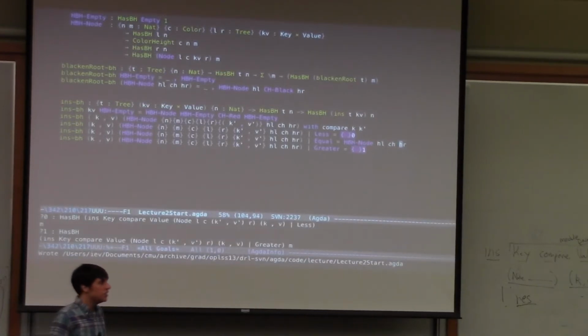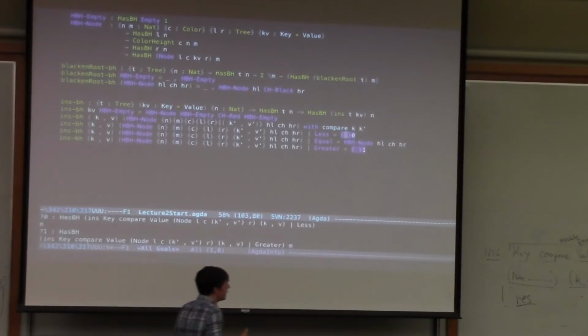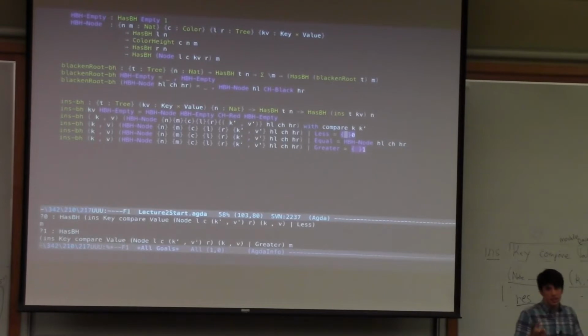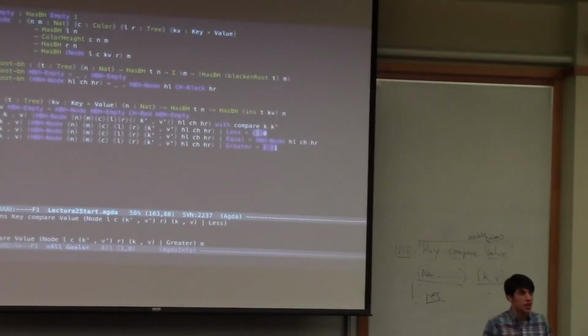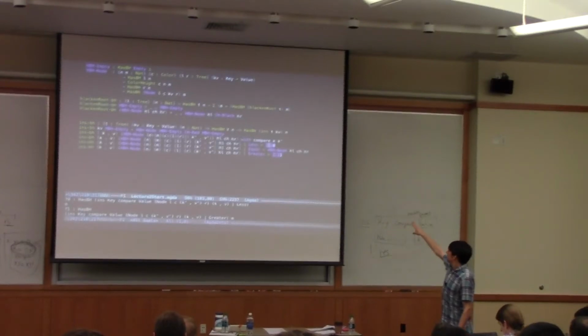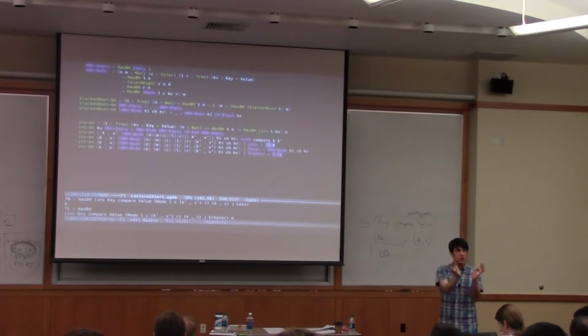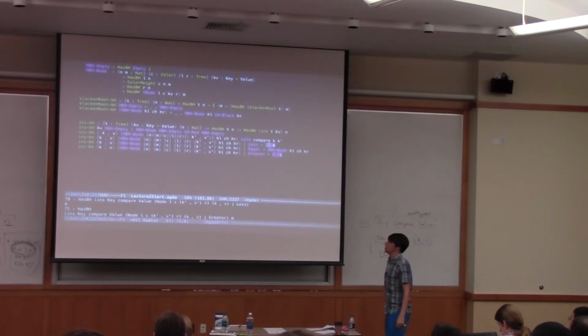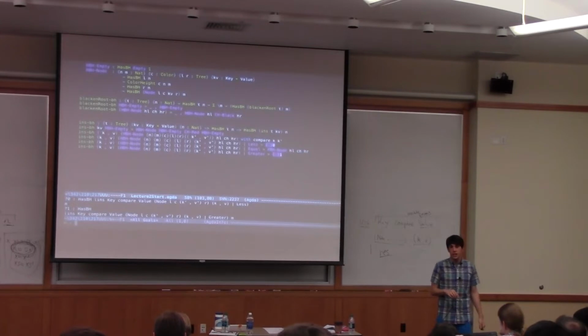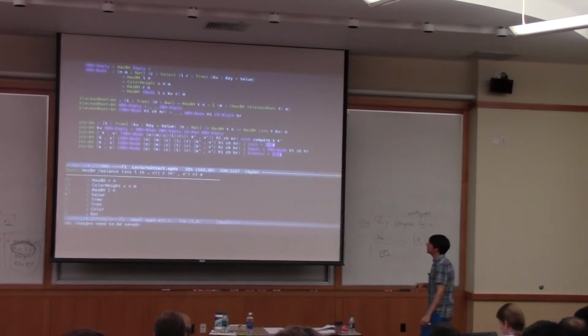OK? So when we do the proof that ins has a black height, it's pretty much the same structure as the code for ins. In the equal case, the code says just put the new key value at the root of the node and keep everything else unchanged. Here the proof says make a node with exactly the same arguments that were coming in. OK? Good? All right. So for equal, for less,